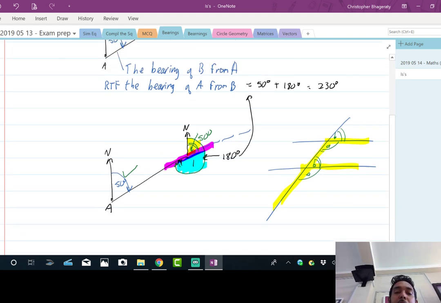Right, the bearing of B from A. So this is point B here, right? Oh, it's upside down. Right, the bearing of B from A is the 50 degree one. That's this one here. Well, I don't know about upside down, but it's on its side. Okay, right, it's lying down. So yeah, you have to know how to spot the F angle, right?